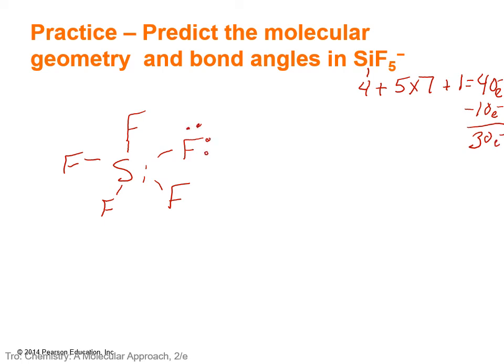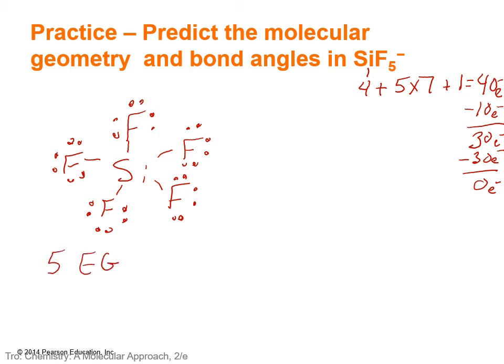We add our valence electrons. That takes 30 electrons. We have 0 electrons left. So that means that there are no lone pairs on that center atom. We have 5 electron groups. All 5 of them are bonding,